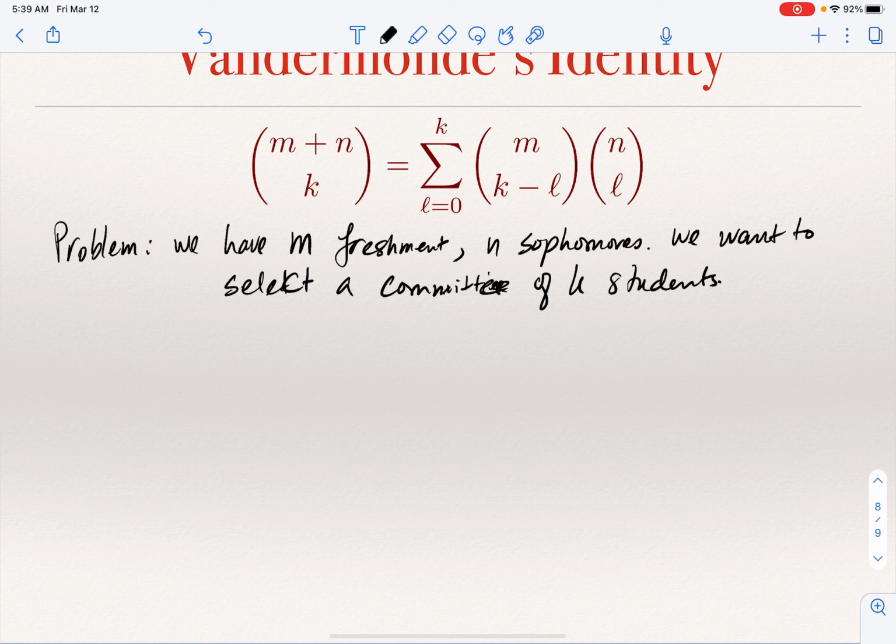Okay, I want to choose a committee of k students, but I'm not saying any other constraints. The k students can be all freshmen, they can be all sophomores, it can be a combination of the two. So approach one,